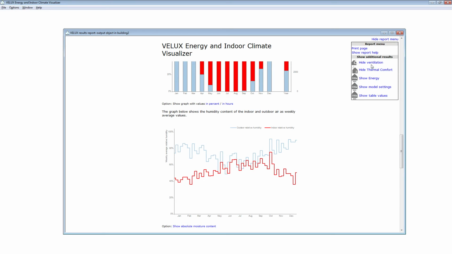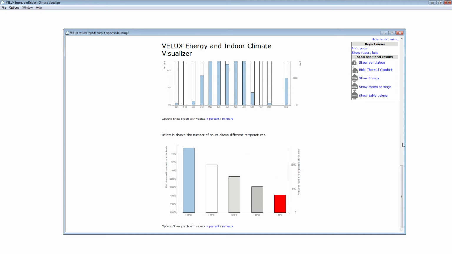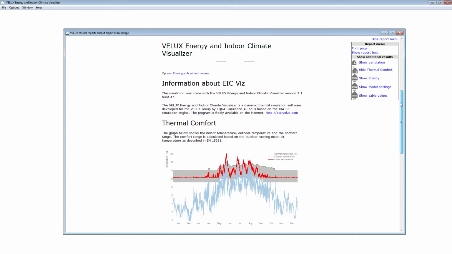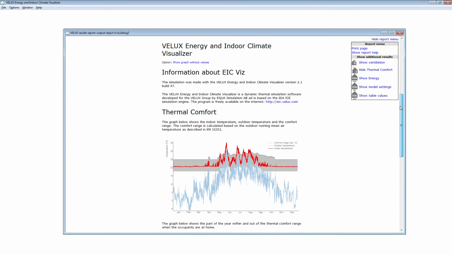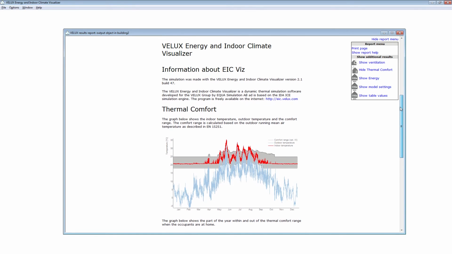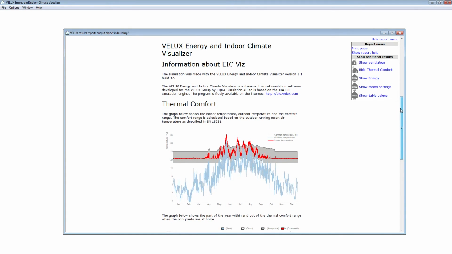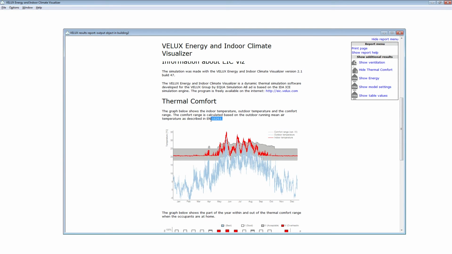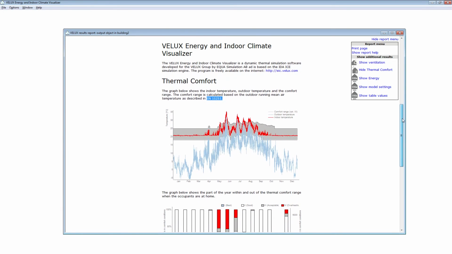Just hide the ventilation, show the thermal comfort. Now, thermal comfort is a really important part of the indoor environment, and this is usually the numbers we will look at first. Here it's described that the European norm 15251 is used, and this is also the one that has to be used in the Danish building regulations.